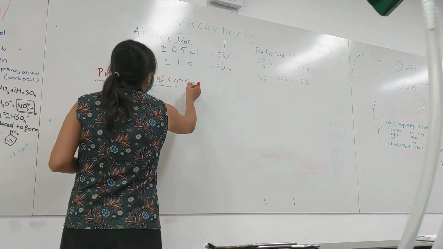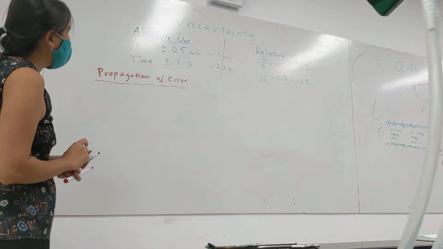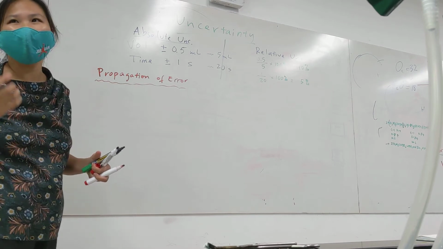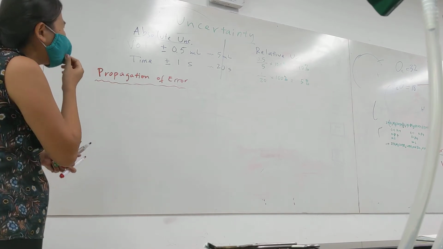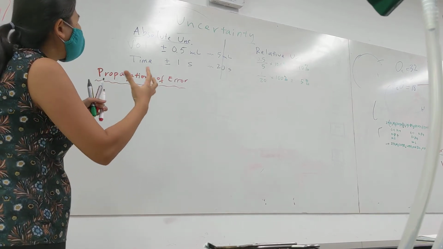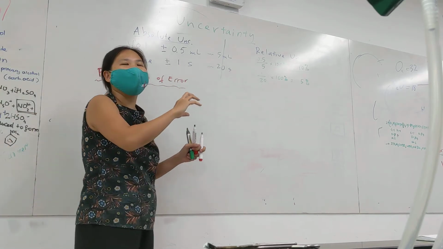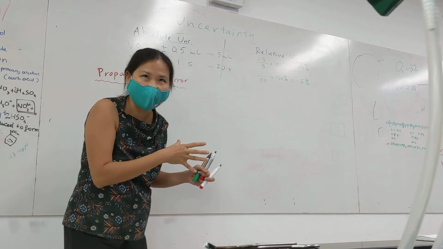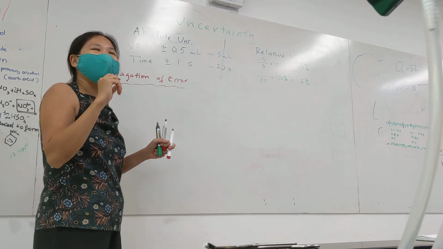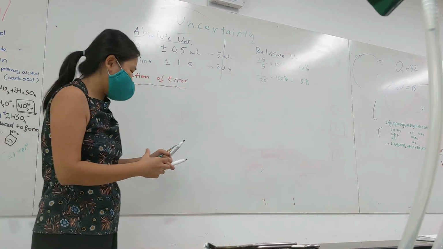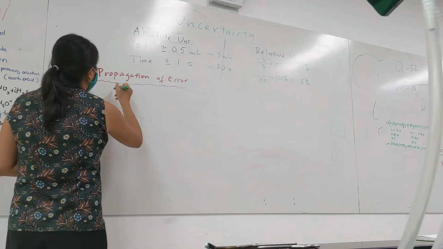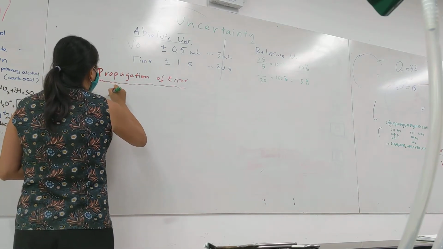But anyway, propagation of error is when you calculate some number based on the values that you get. What is your final uncertainty? And there are two different types of propagation of error. So if you're adding